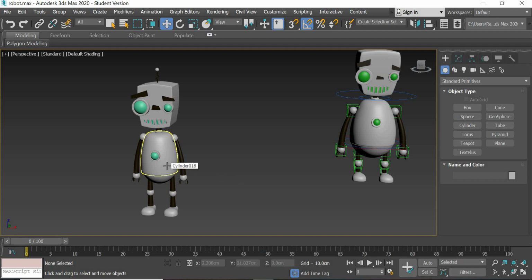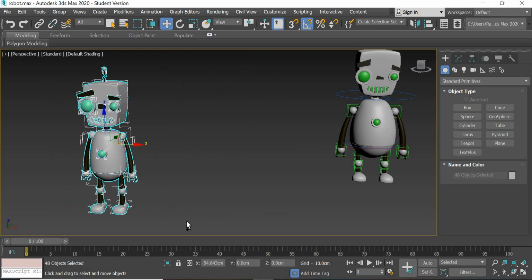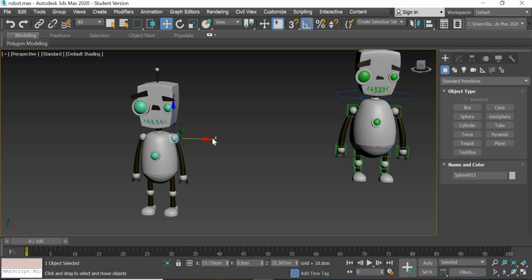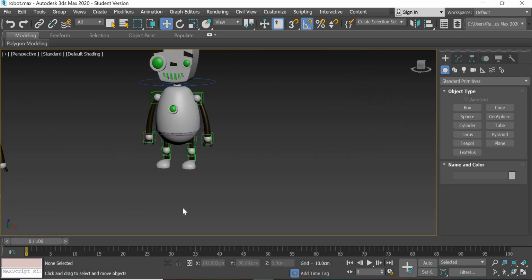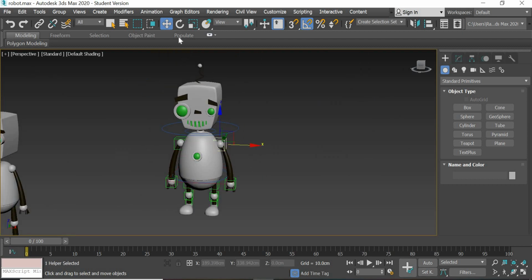So for example, right now if you want to move the robot from one place to another, okay, they are all different objects and we'll have to select everything together to move it around. Okay, for example, if you want to animate the arm moving up, we cannot do it, so we have to create a rig so that the robot is ready for animation. For example, here I did one rig and you can see that I can animate the arms,